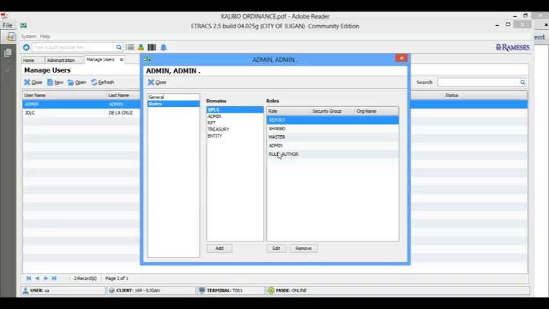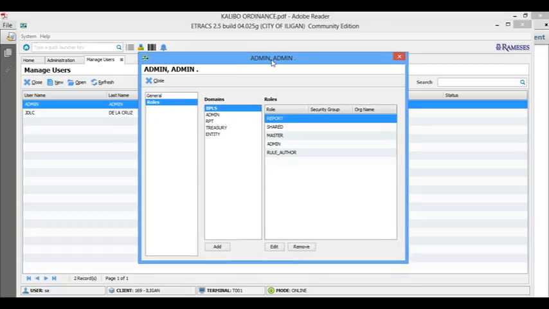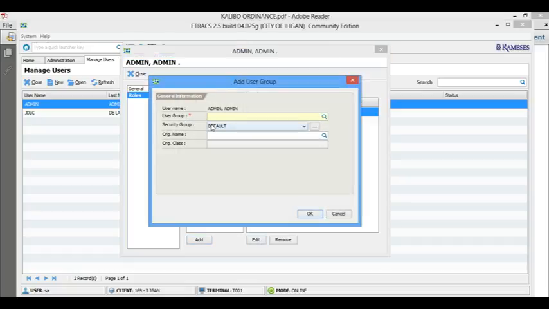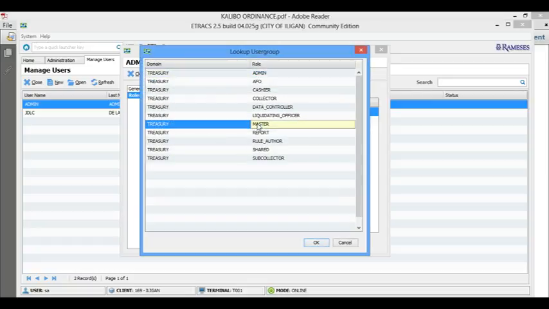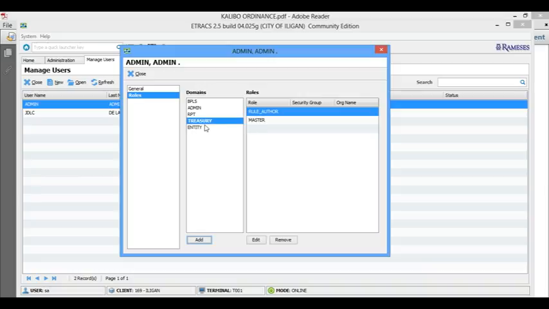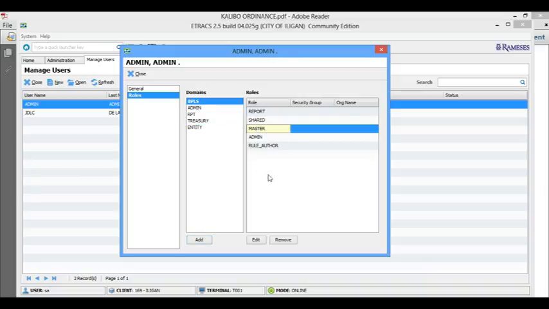So the roles, we'll do the checklist. I need a Treasury Master, so I will add a Treasury Master here. Then I need a BPLS Master, which is already there, and the BPLS Rule Author is also there.